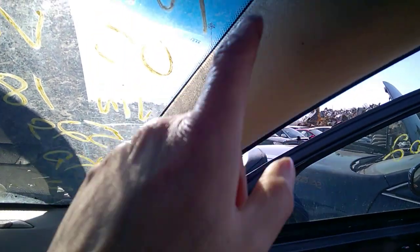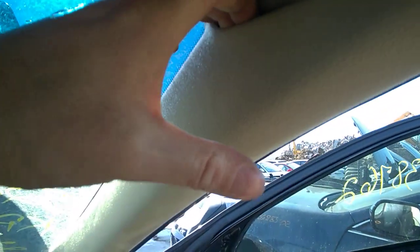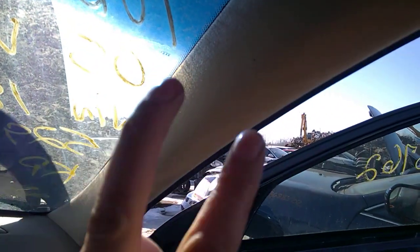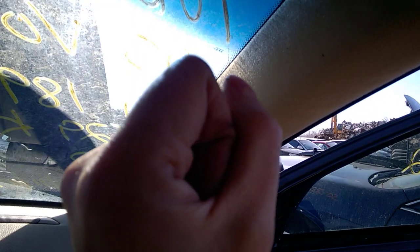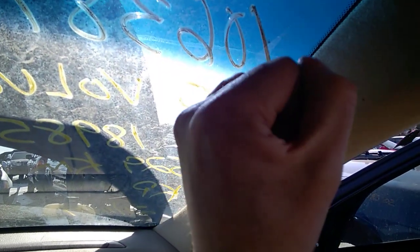Here's how to remove this side trim on the A pillar. So first you try to grab it here up on the corner, the upper corner, and just pull on it. It's secured by two types of clips. The first clips will just release when you pull it, but don't pull it away, just try to snap it